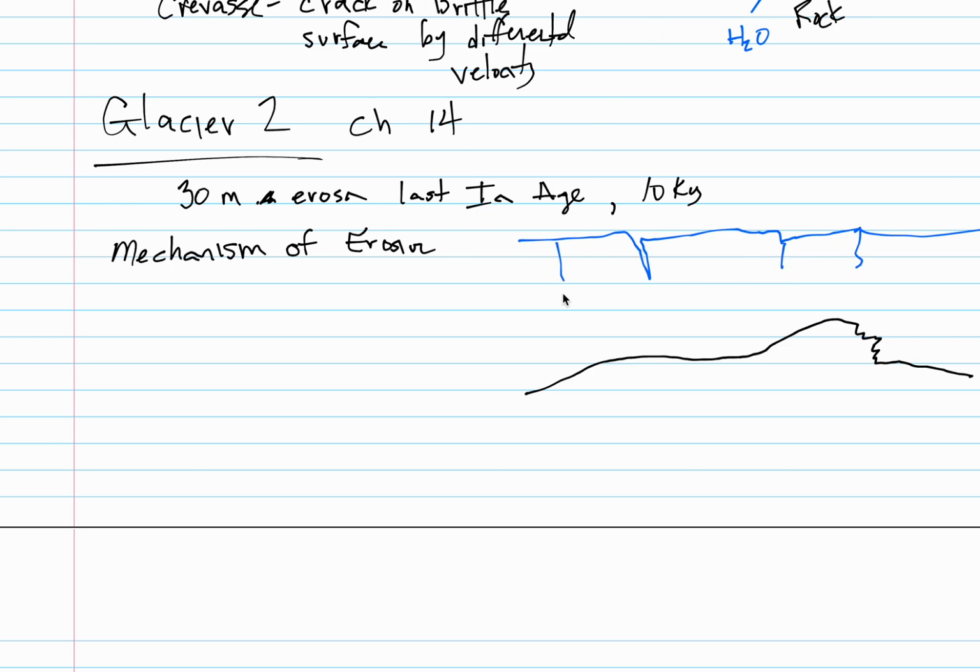And this ice is plucking and abrading the material below it, and it's carrying rocks. Here's some rocks. I'm drawing in now the ice, and some of them sit along the surface here, and they drag along and they abrade. And then in other places, ice gets into areas of rock and will pluck it away, and then we'll carry those chunks further downstream. All right, so here's our quick picture of the two, and our two mechanisms now are plucking